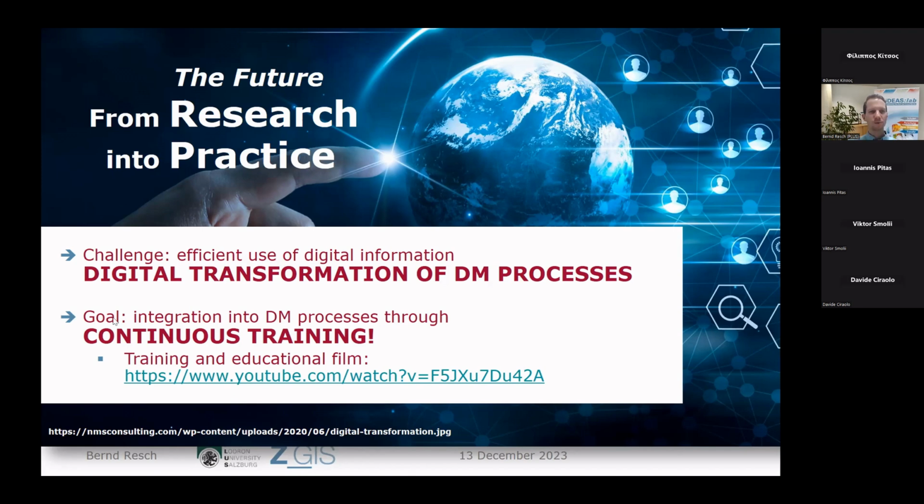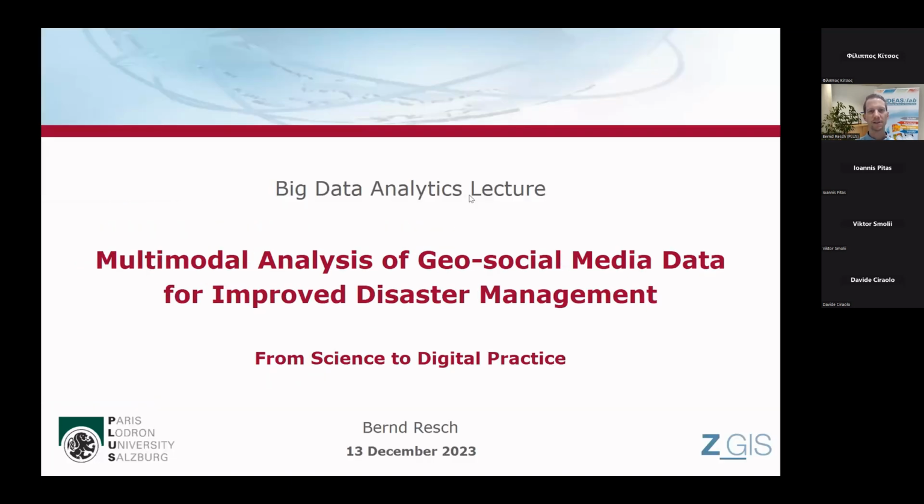How do we do this? My take on this would be, the goal is the integration into the disaster management processes through continuous training. So if you have never looked at a moving hotspot, if you have never seen an output of a multimodal machine learning model, you will not use it in a crisis management situation. Of course not. But then again, if you train this like 3, 4, 5 times a year in very specific scenarios, which could be large-scale efforts, which could be large-scale events, which could be demonstrations, refugee situations, natural disasters, then at some point you will get used to that, and the information will be usable in real-world disaster management processes.